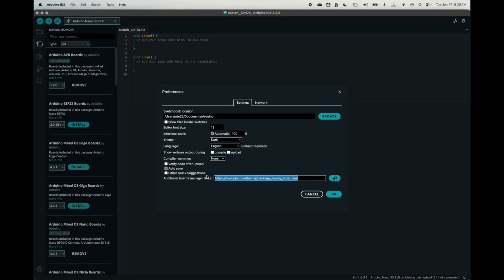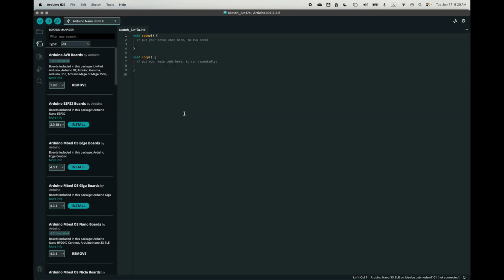You want to go down here, and this will probably be empty for you, and this is the same on Windows, go down to additional board manager URLs, and you'll just want to paste that link over, press OK,